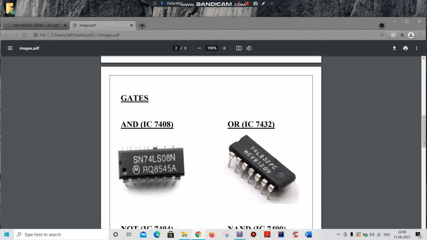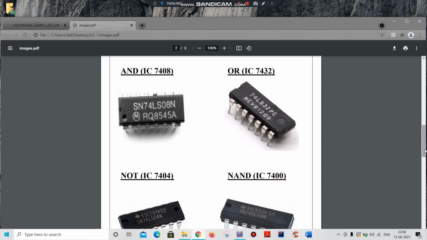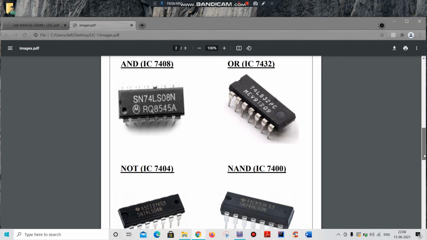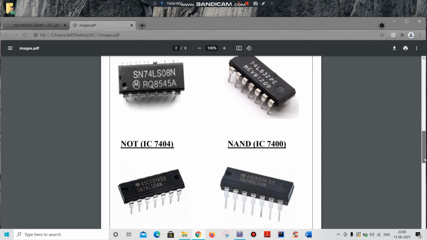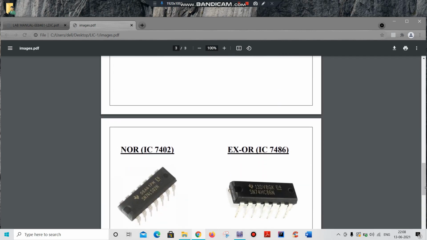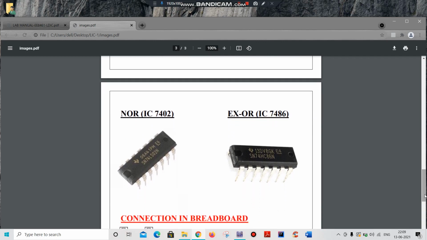We name IC 7408 for the AND gate, and IC 7432 for the OR gate. This is the NOT gate, named IC 7404, and the NAND gate is named IC 7400. This is the NOR gate, IC 7402, and the XOR gate is named IC 7486. These are the ICs with their 14 pins.